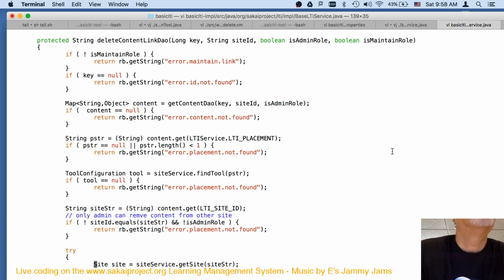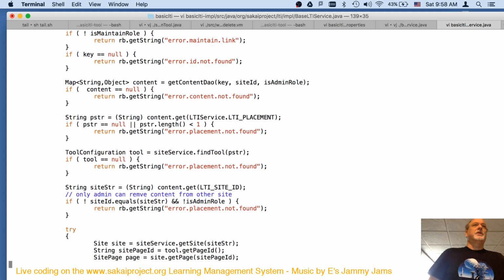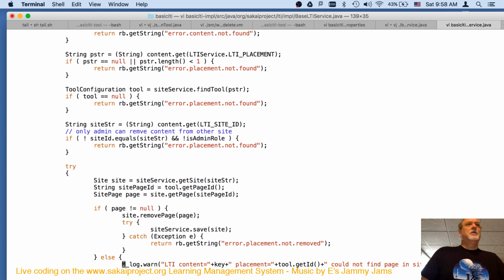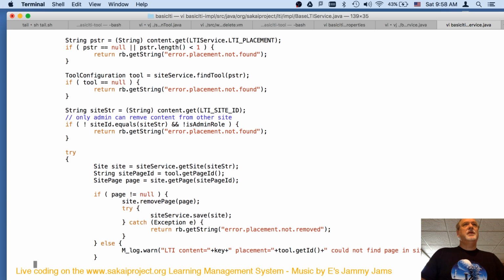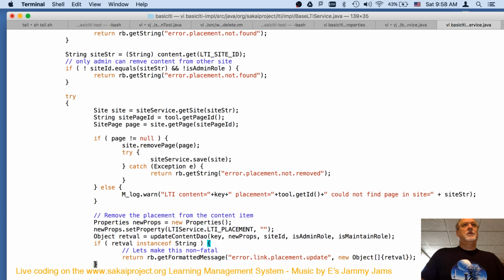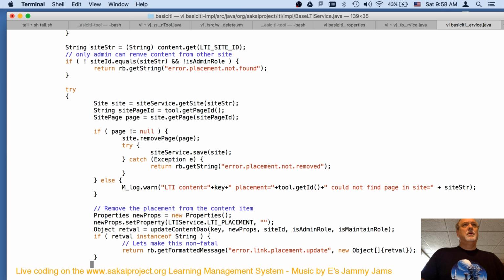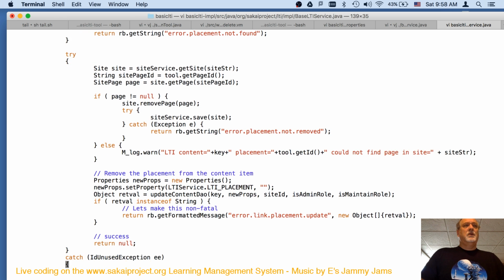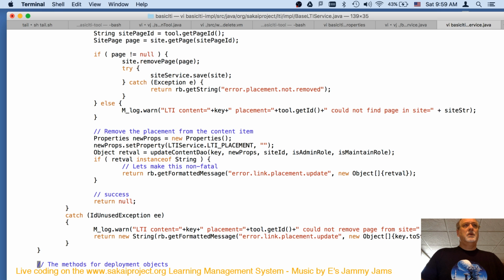Placement. Placement not found. Oh, some of these are actually translated. Site.removePage. Service.save. Return null.